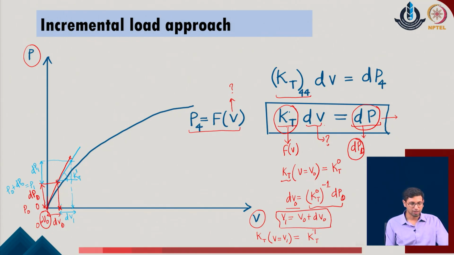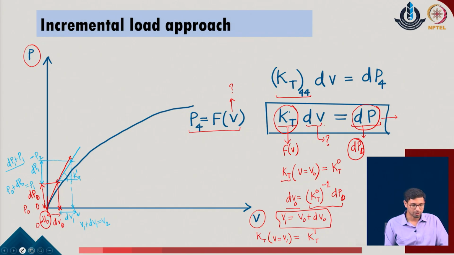So, at each point I am able to locate the new point on the displacement field, which is V1 plus dV1 in the given system, and I call this point V2. Similarly, the second point which I have defined over here also appears as a point P2 of the given system, and this point P2 is dP1 plus P1. So, as I keep on doing this procedure, at the second point I will further modify my stiffness value. Rather than kT1, now I will define the kT2 at this point of the given system.